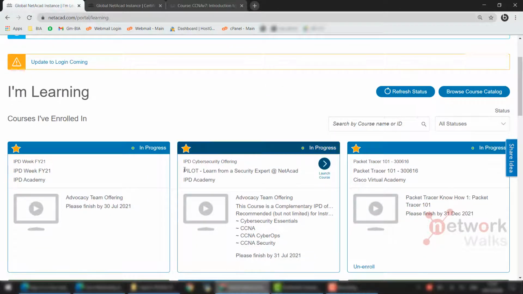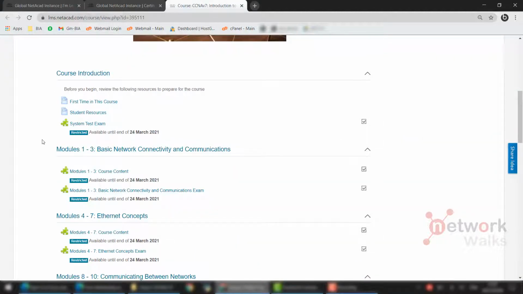For example, this person has logged into IPD week, pilot, the NetAcad course, CCNA CyberOps or something, and has also enrolled into Packet Tracer. If you are studying CCNA, you have to open that course exactly. Don't open other courses. Click on this launch course button and you will be inside the course content. Here you can study your course.